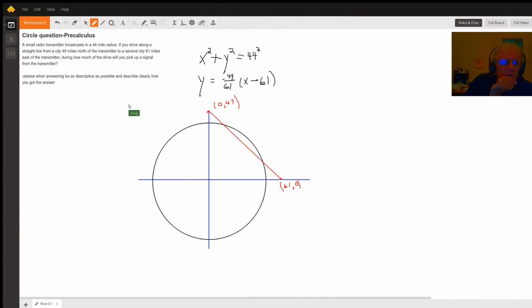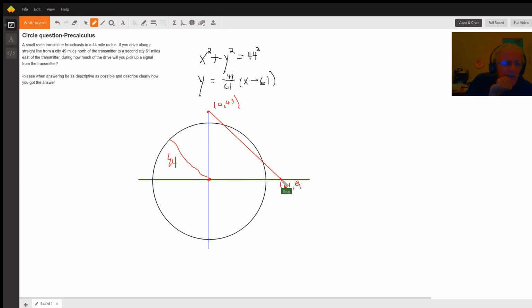Interpreting this question correctly, if you get the radio transmitter centered right here and it transmits within a radius of 44 miles, that means anyone within the circle with center at, let's say, (0, 0) with radius 44 will be able to hear the radio. If you start at (0, 49), 49 miles north of the transmitter,